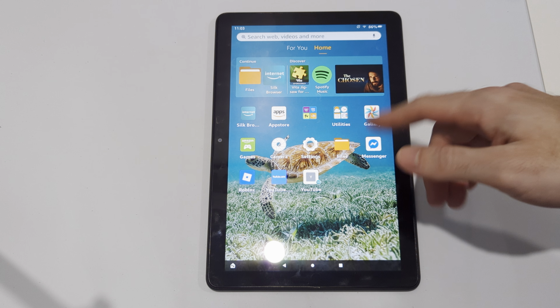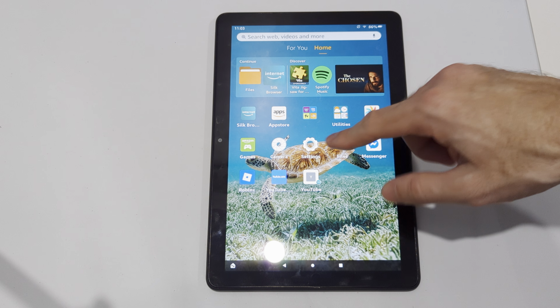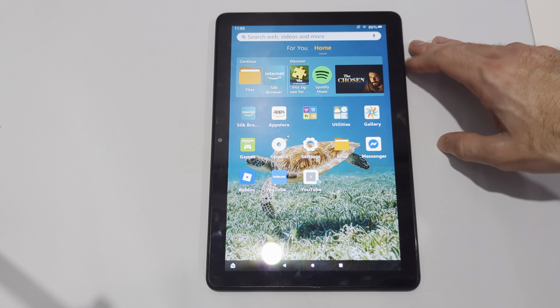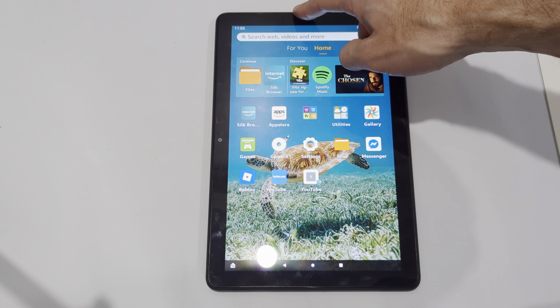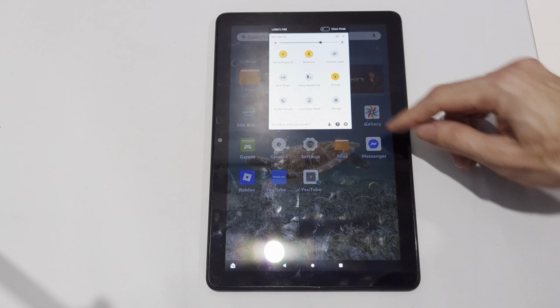Today in this video, I'm going to show you how to change the language on your Amazon Fire HD 10 or 7 tablet back to English. So just do this: swipe down from the top, go to settings,